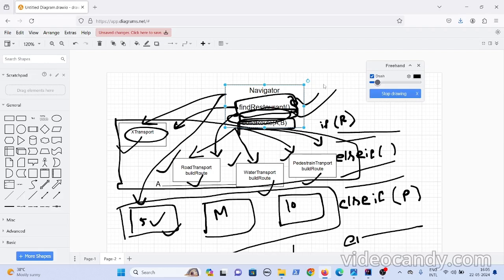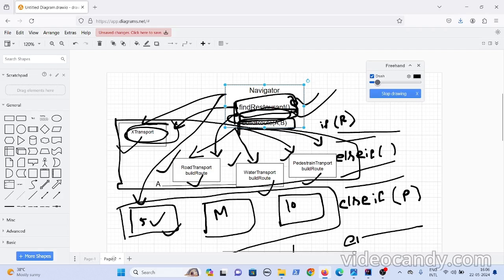That's why what you will do is, let's not add these methods. Let's not have this air transport and the road transport implement or inherit this navigator class.